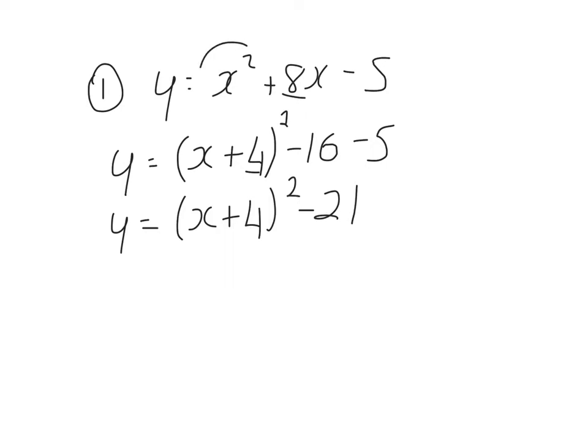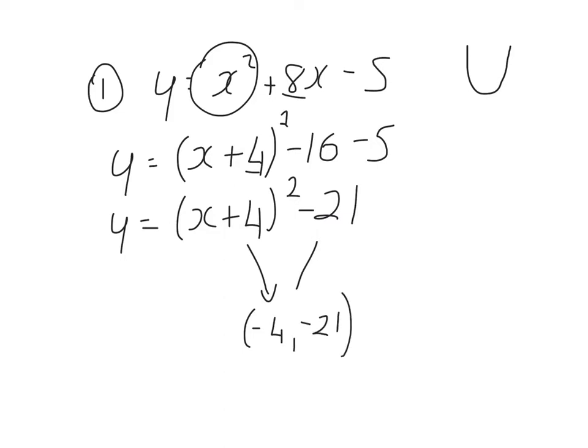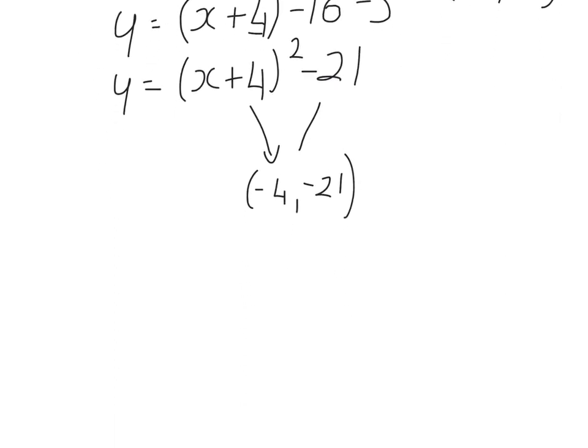Now since it's a positive x squared, then it's going to be a u-shaped parabola. We can then get the turning point: change the sign of that, don't change the sign of that. Turning point is minus 4, minus 21. To get the y-intercept, I would then think about